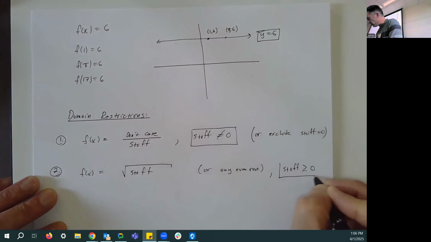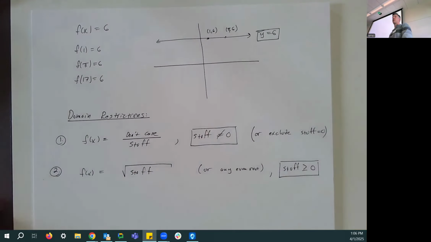Right? It's okay for the stuff to be 0. We can take the square root of 0. The square root of 0 is 0, but it can't be negative. We can't take the square root of a negative number and get a real result. Thirdly,